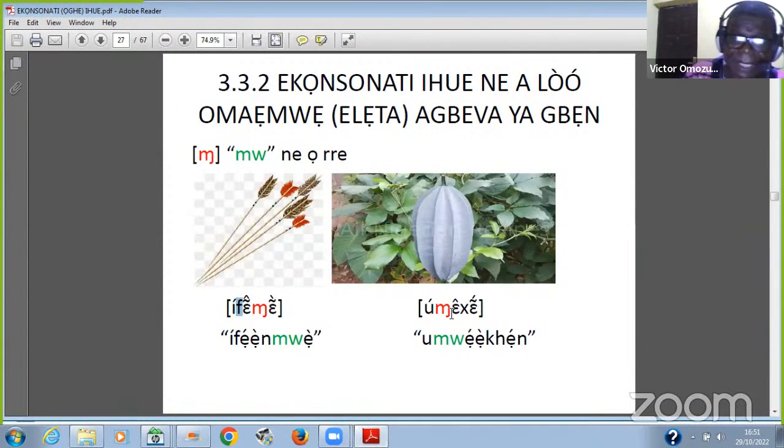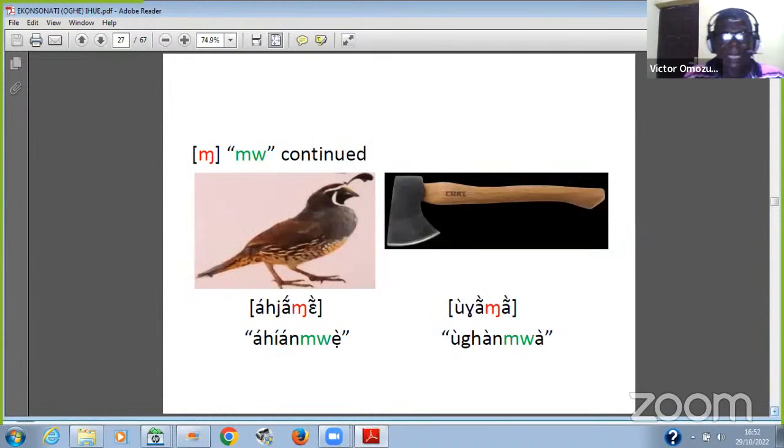Then you have the same me in Umehe. The me, over there, Ahiame. You can see there is the before the me. That has nothing to do with the me at all. It is an inherent nasal vowel. And that is why it is able to follow the oral consonants.